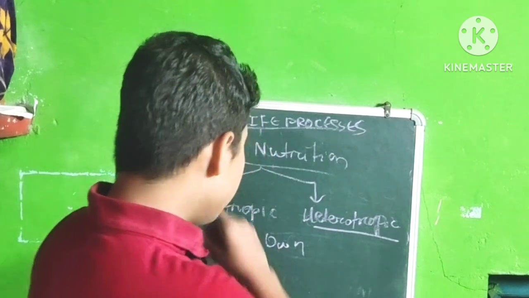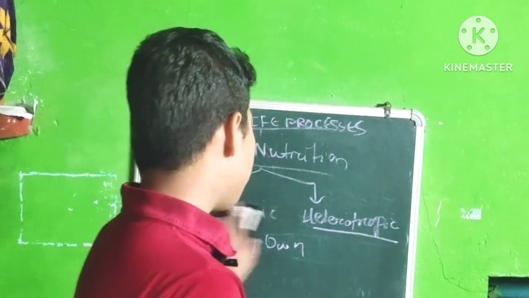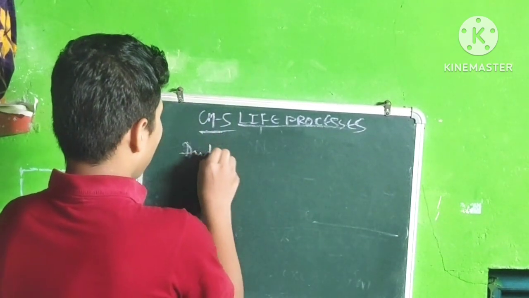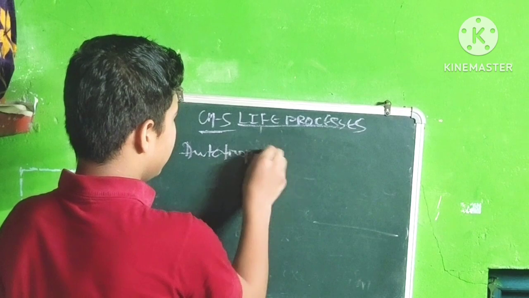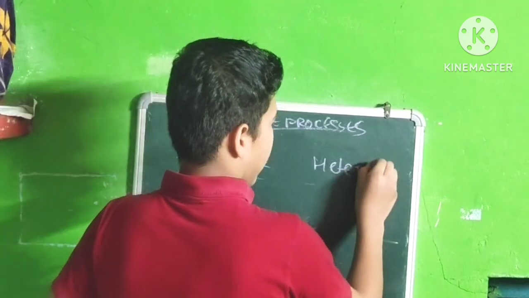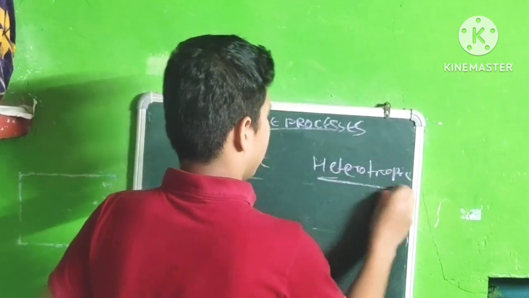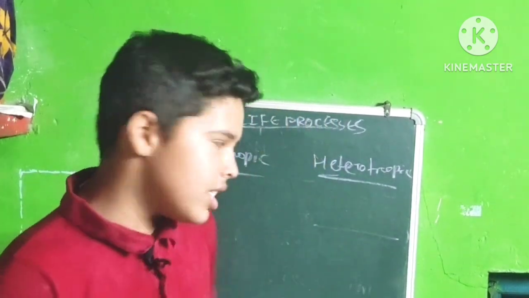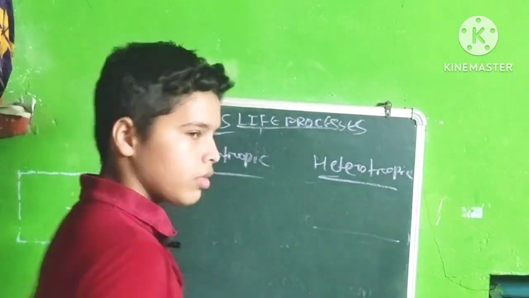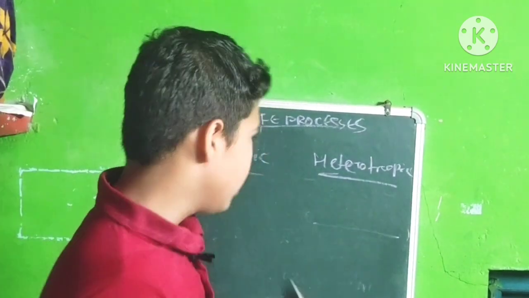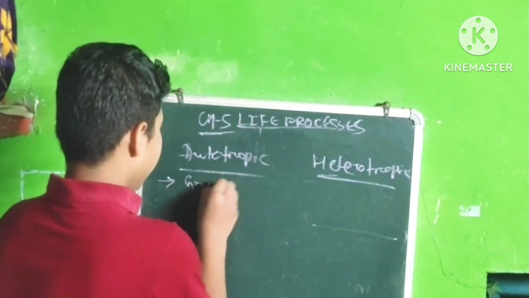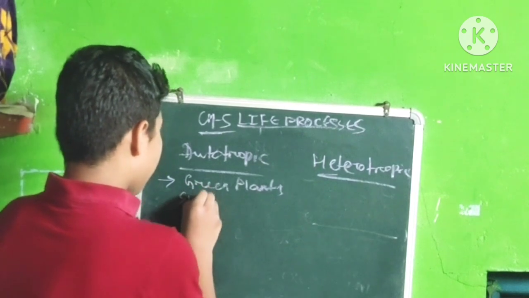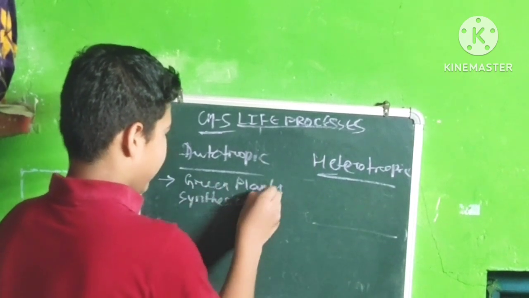Now let's differentiate them with some examples, with some points. So let's start differentiating them. Autotrophic. Today we'll be dealing with only the introduction towards this chapter with heterotrophic nutrition. Now see, the first point, which has already been given to you, is their definition. Here something will be changed. Autotrophic, green plants synthesize, or you may write produce